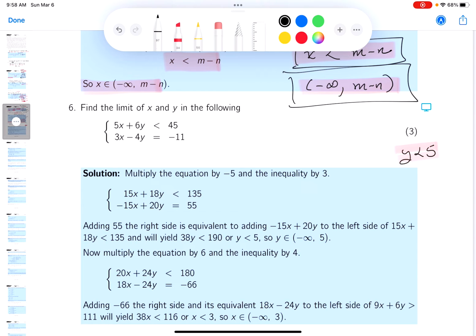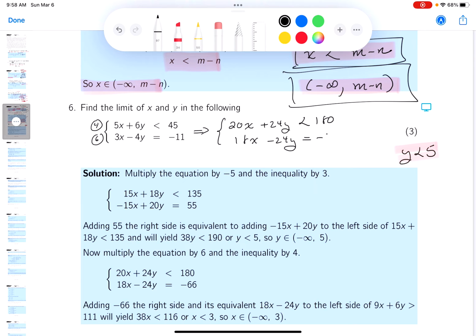And now what we're going to do is eliminate the y. How do I do that? Well, I'm going to multiply the top inequality by 4. I'm sorry, I shouldn't say equation. And the bottom one by 6. And what's that going to give me? Well, what's nice about the 4 is that it doesn't change the inequality at all. That's going to be 20x plus 24y, and 4 times 45 is 180. 6 times 3 is 18x minus 24y